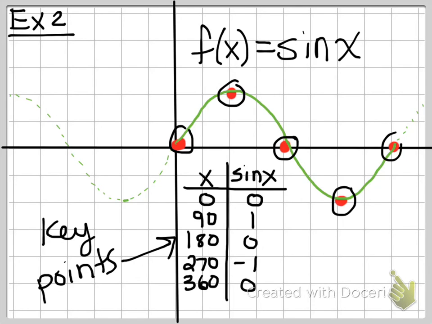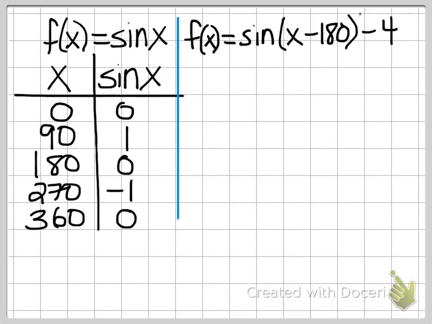So I'm going to go to a new page here, and I've recopied that table of values. It's the same table of values you should have. My goal is to sketch that function and describe the period, the amplitude, the phase shift, etc. First of all, look at that equation and write down what has happened to the graph. Sine of x minus 180. Because there's a minus 180,